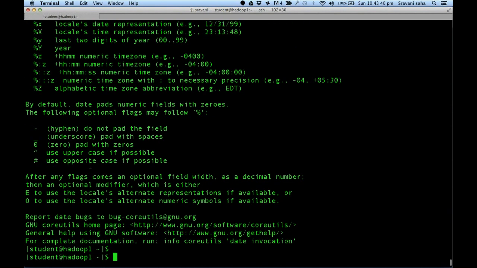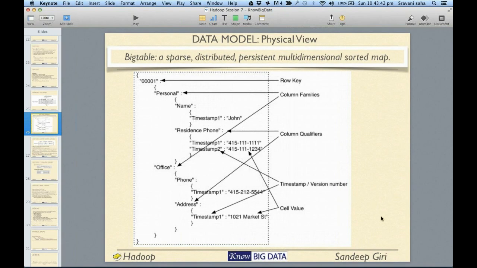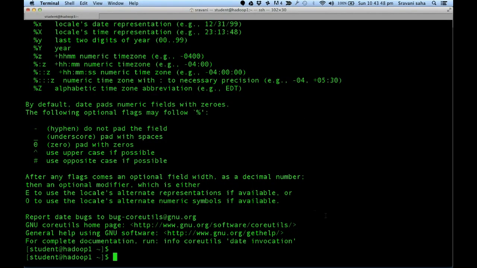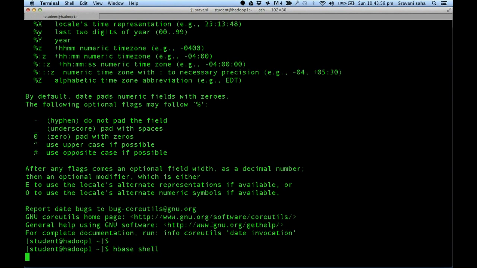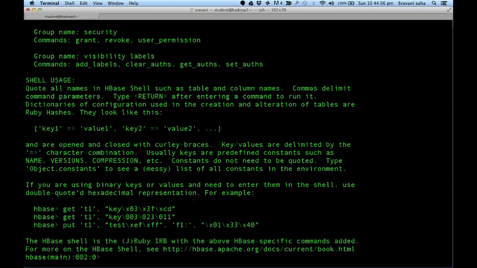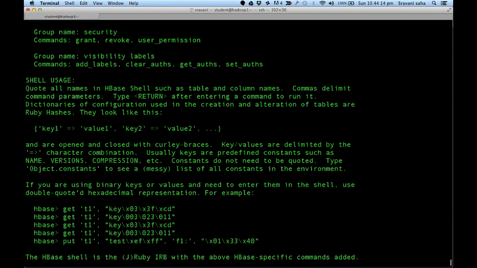If you have to design a simple Gmail-like email storage, and you have to store the data in HBase, what will be the key, what will be the column families, and column names under each family,